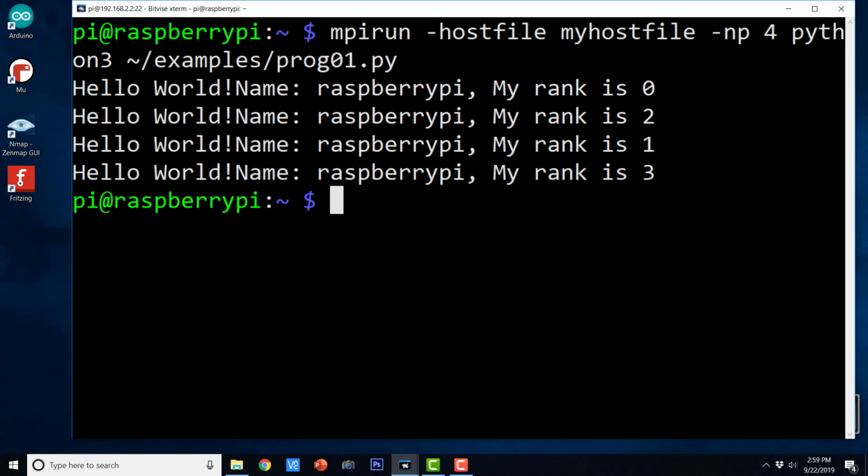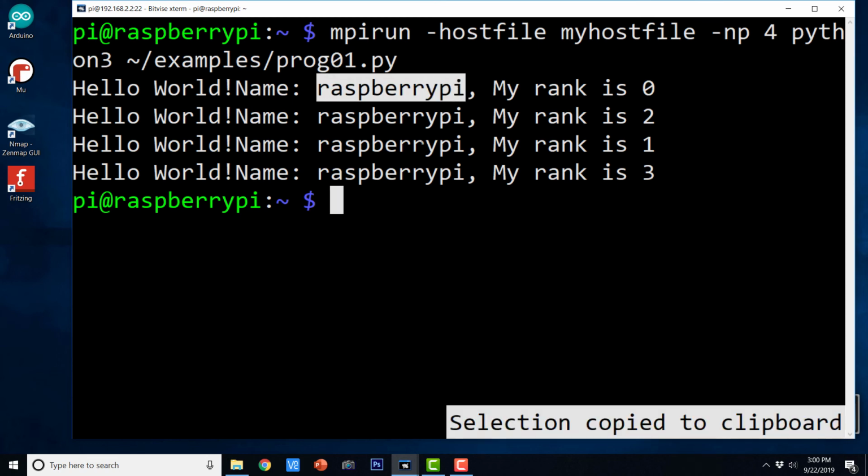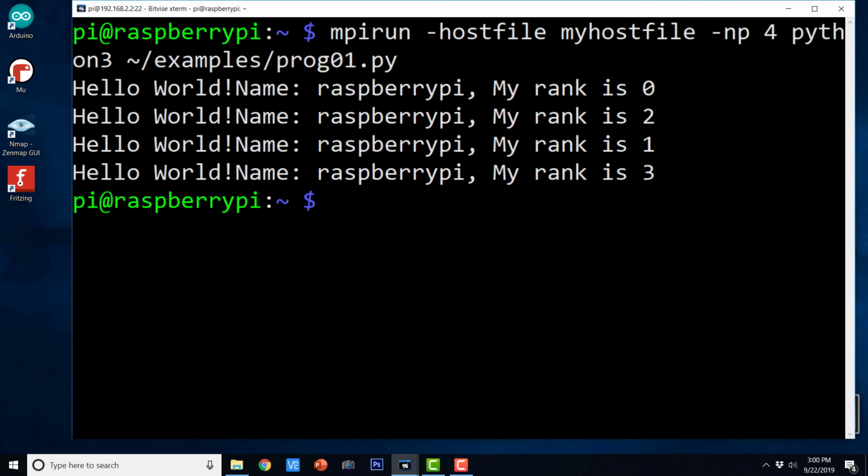Okay, so probably you can introduce a space after hello world or before name, or you can have all these things in a new line. So here the host name is Raspberry Pi for all the hosts, and this is the rank. So as I had told you, it is going to be 0, 1, 2 and 3, and it will be in any random order.